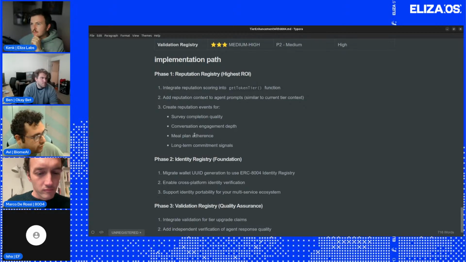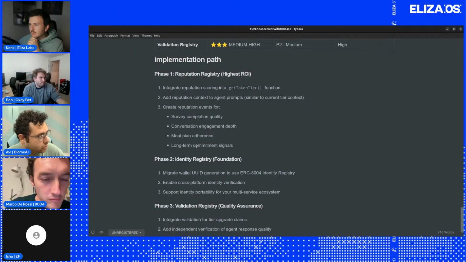Then we have a meal planning plugin also based on the ElizaOS framework, so that would improve this plugin as well. And we would also be able to understand the long-term commitments from the users based on the reputation.